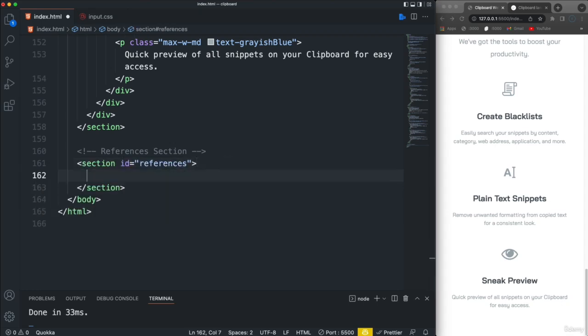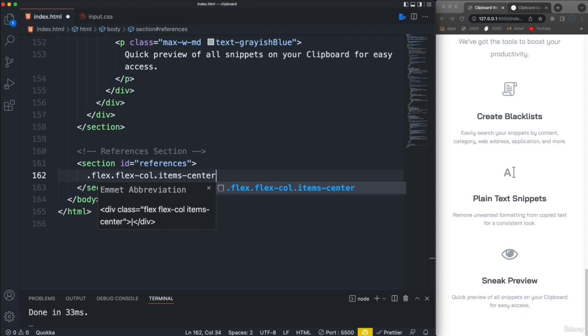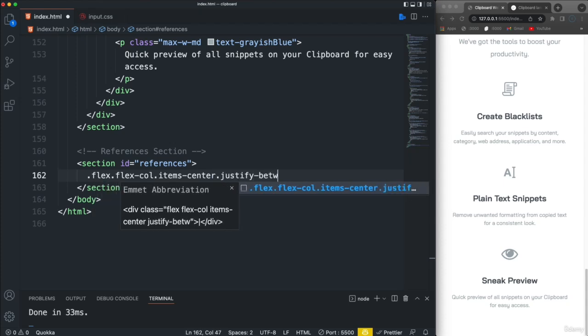references. And this is going to be a little bit different than the rest of the section containers. So we're going to use Flexbox here, and let's say flex-col and items-center. We also want to justify-between, and we'll do a max width of 6XL, PX10,